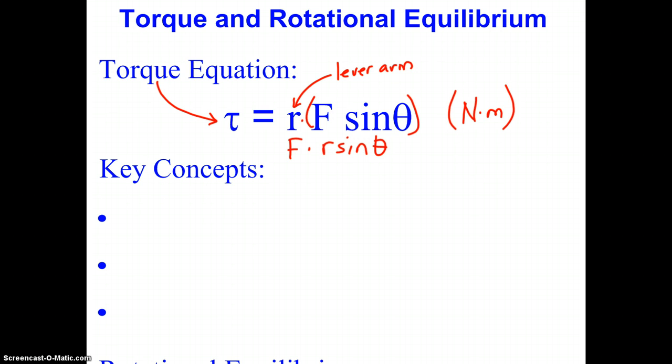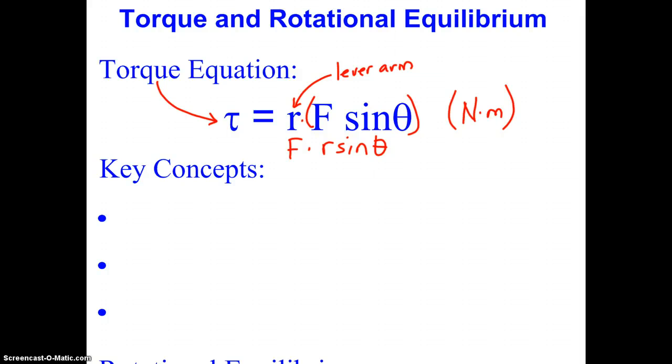as opposed to R times F sine theta. So there's the commutative property of the torque equation with regards to whether we take the component of a force perpendicular to the lever arm, as indicated in the version on the reference table, or a component of a lever arm that is perpendicular to the force. And we'll obviously have more on that as we do problems